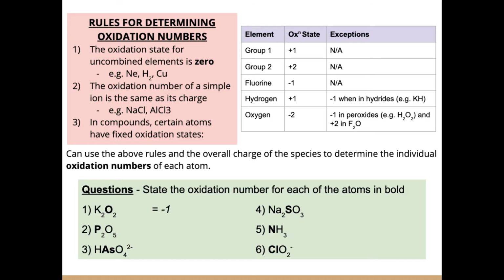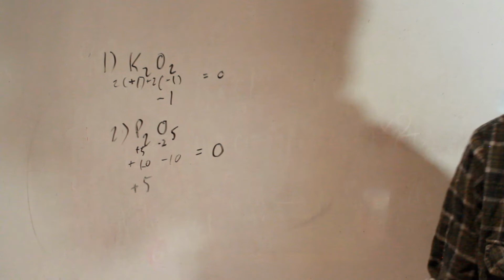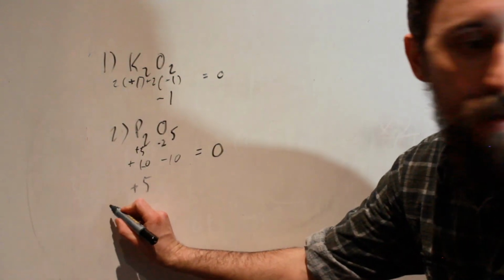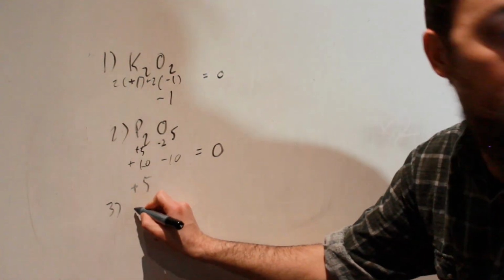No tricks about it. So P2O5, my phosphorus will be +5. What about this nasty looking compound that I don't even know what it's called, but I'll write it out anyway. Am I going to run out of space? I'm not going to run out of space. I have